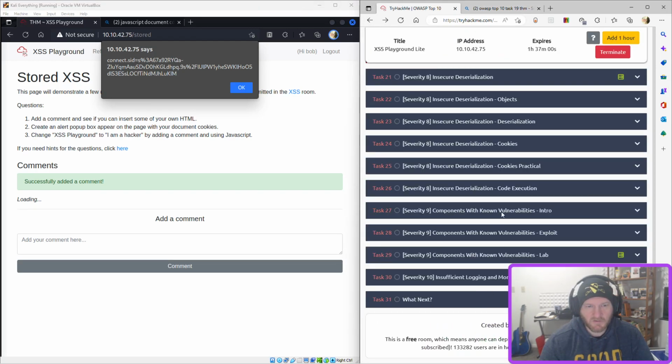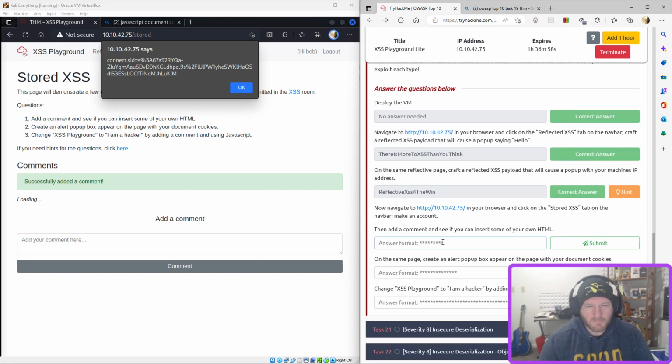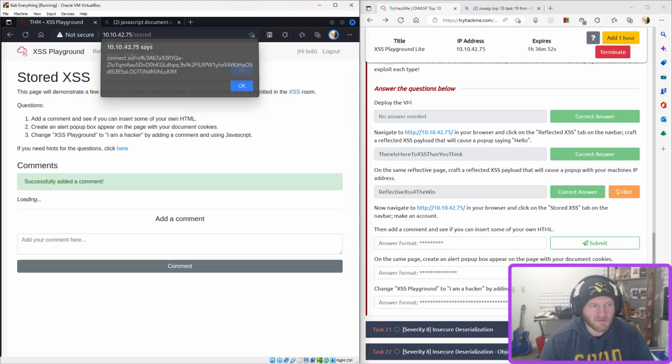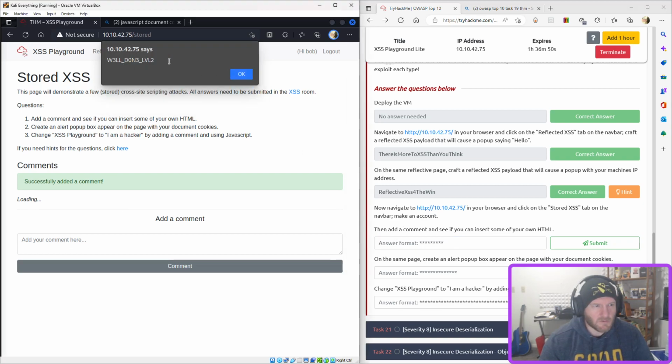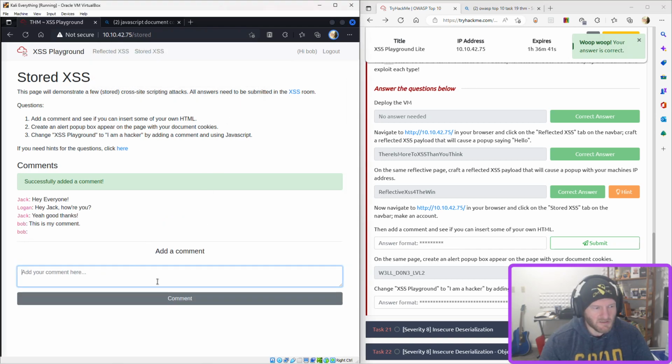Let's see if that's what it was asking for. Data, see if you can insert, then add a comment and see if you can insert some of your own HTML. Well done, level 2. I'm guessing that's for that. My own HTML, we're going to say